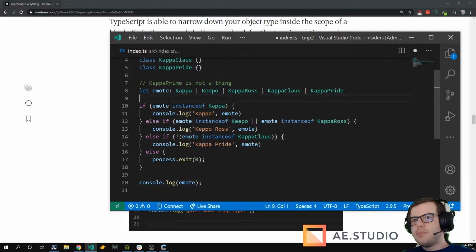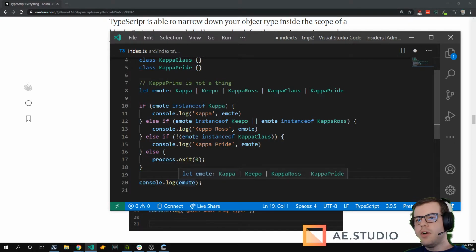Yeah, the emote can be set to anything because if it's kappa clause, it's going to exit. So this line is never going to be reached. So it cannot be this type because it's never going to reach here. So it can be all other types that don't exit the process.